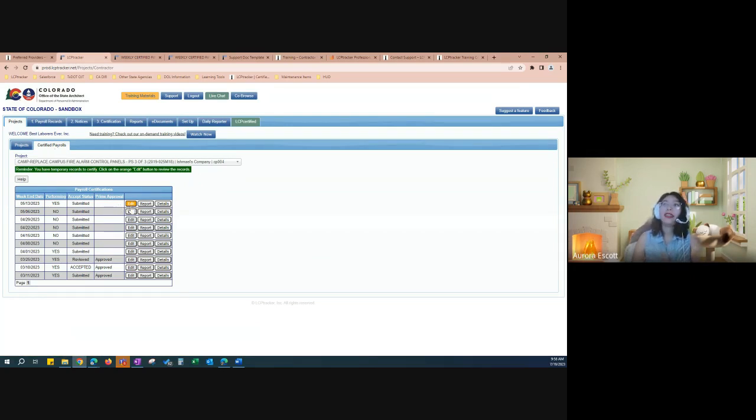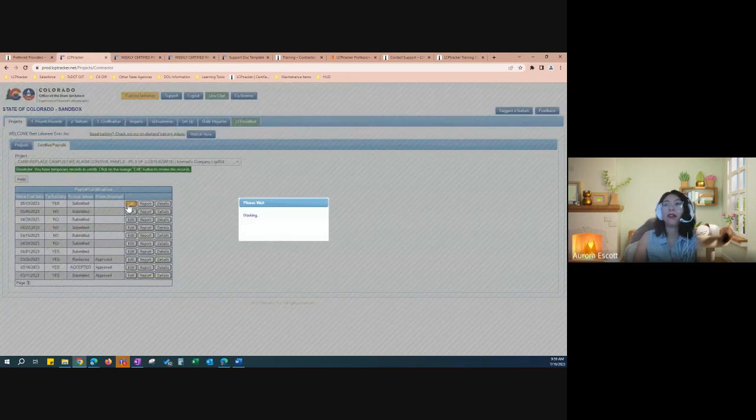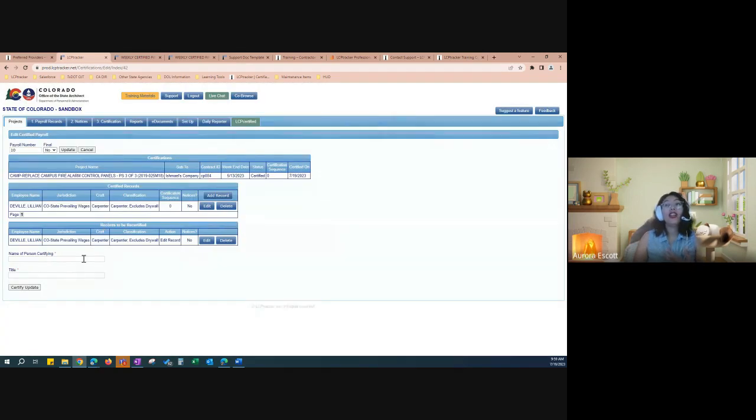And here we see there is an orange button now, or well, rather, the Edit button has turned orange. And you're given a reminder that says, hey, you have some records that you need to certify. Click on that orange button. So we're going to click on that orange button. And here you can recertify your changes